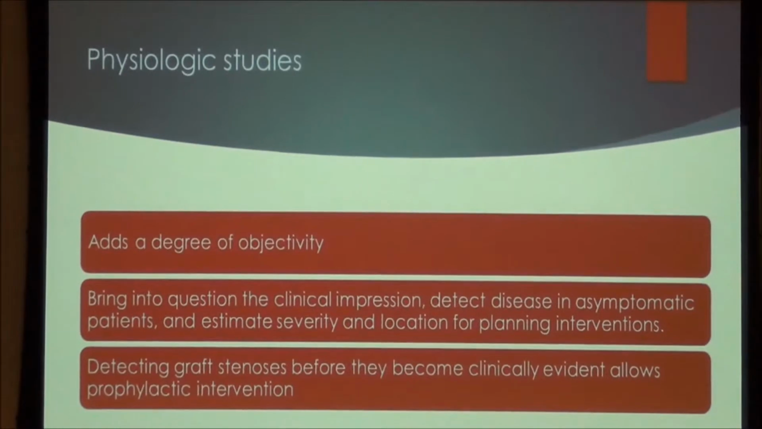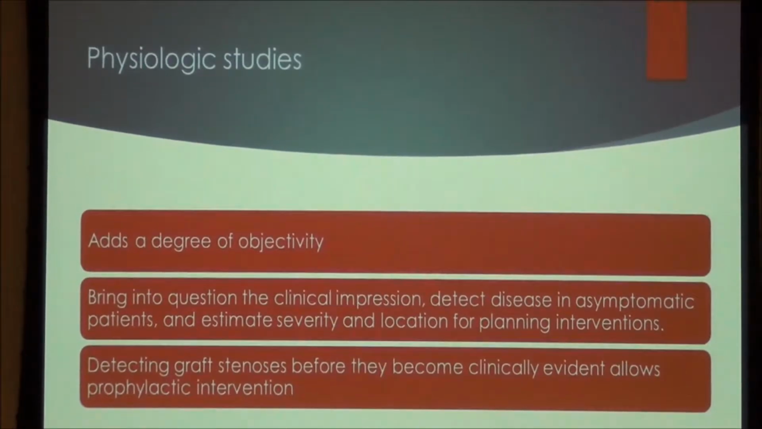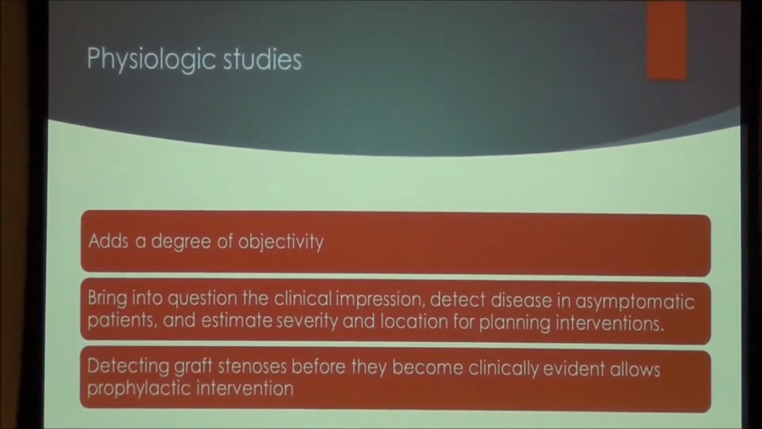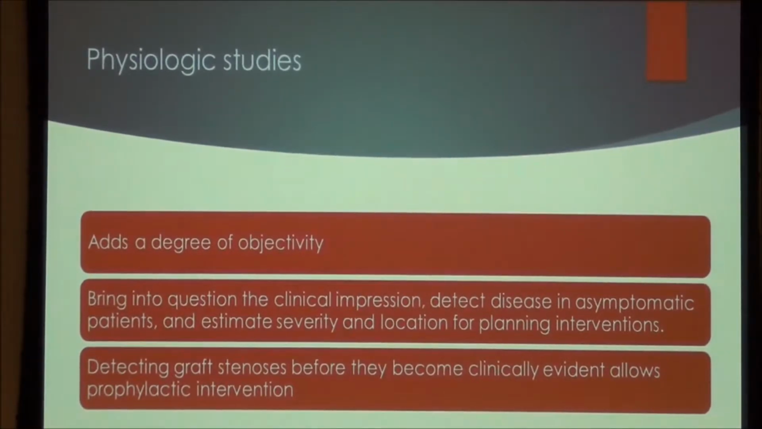Physiologic studies add a degree of objectivity to your physical exam, meaning that you have evidence that there is a vascular problem, but they may not give you the level of the problem, if it is proximal or distal. And also, they will bring into question the clinical impression or detect disease in asymptomatic patients, or they will estimate severity and location for planning intervention. For example,